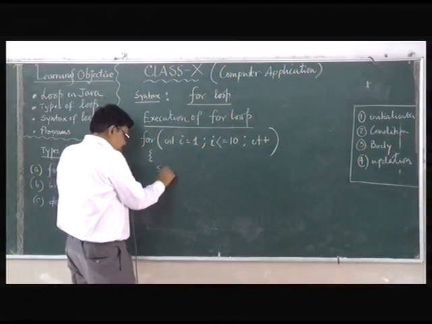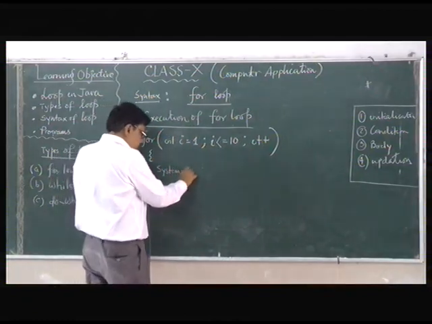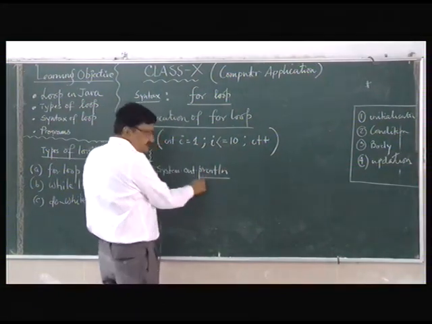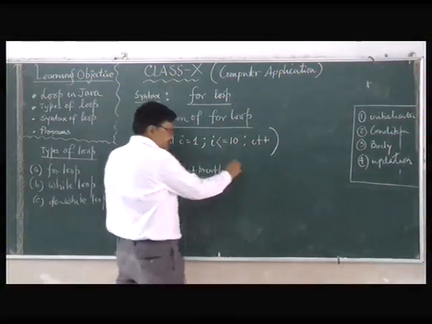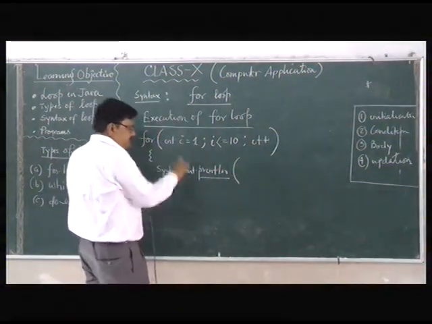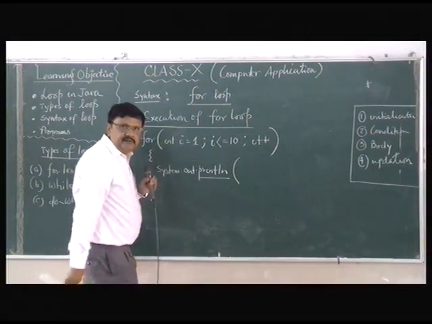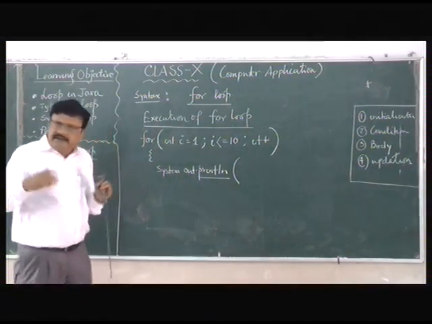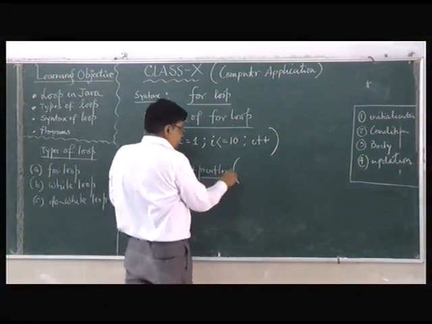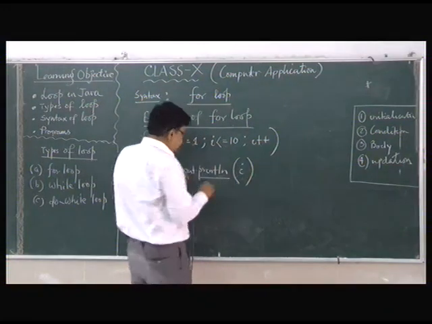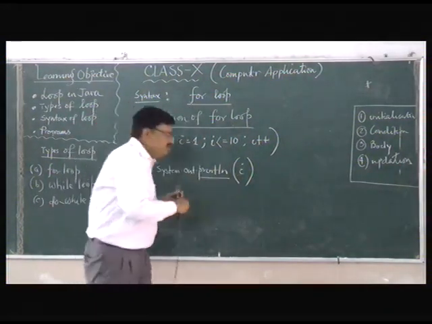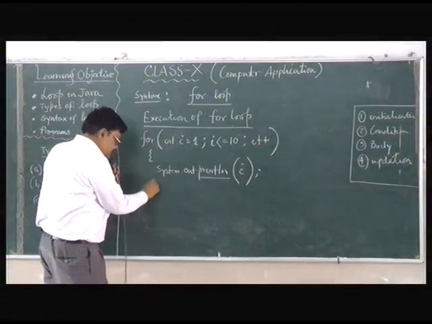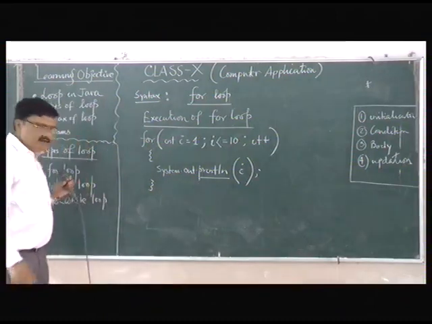Now just see. I'm writing now System.out.println. Now find out what is actually ln. New line. Now the values will be printed in a column manner, not row manner. The values will be printed in the next line only. So this will be i. Am I right? What is the value? i. So I'll have to give a semicolon. Now close it. Clear?